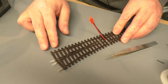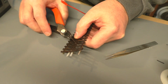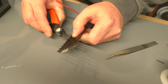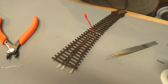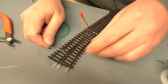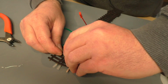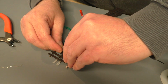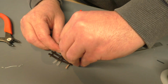So the next wire is the frog wire, and they're quite generous with the wire on here, but I'll just trim this back to about there somewhere. For the frog wire I use green, which I think a lot of other people use as well, because frog, as in Kermit the Frog, being green. And this I don't actually solder. I just simply twist the wires together. I mean, you could solder it, but